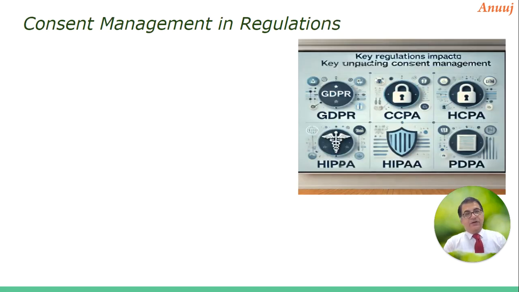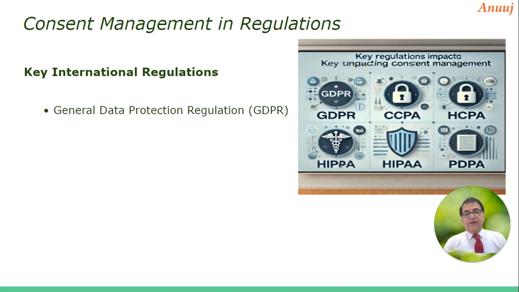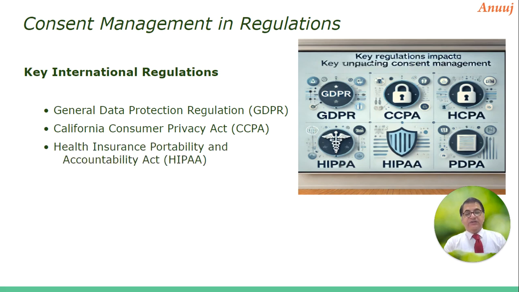What are the top 4 regulations that we have in the world for data privacy? GDPR, the General Data Protection Regulation, California Consumer Privacy Act, CCPA, Health Insurance Portability and Accountability Act, or HIPAA. This is from US, and US does not follow one single regulation for data privacy across because there are different states within USA. So they follow industry specific guidelines, like for example for healthcare they have HIPAA, which has been in existence and popularity for ages now.